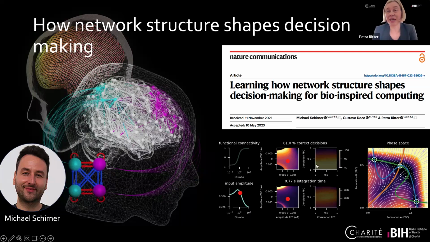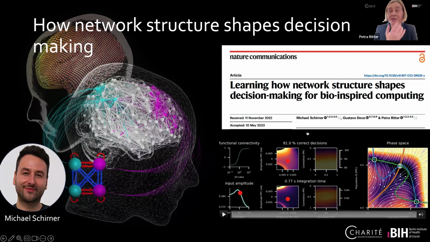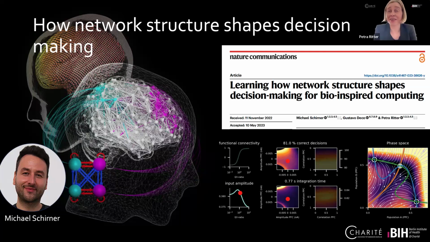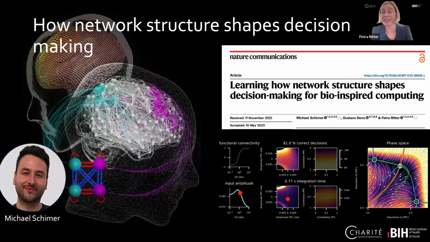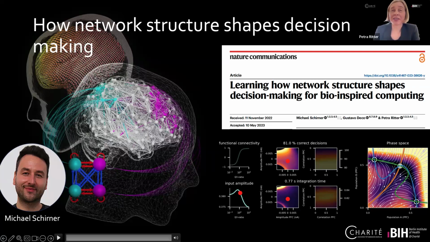But I like the study very much, and therefore I also want to inspire you with it already today. But if you have then in-depth questions for the study, you have the opportunity to directly talk to the person who has implemented the model and knows all the details far deeper than I know them. So what I like here in the study is that it is going beyond dynamics.